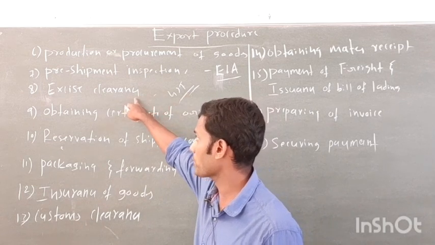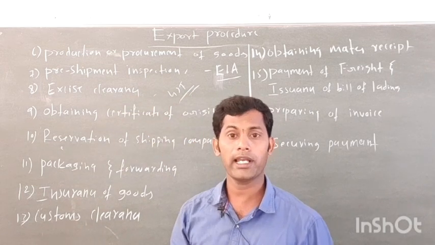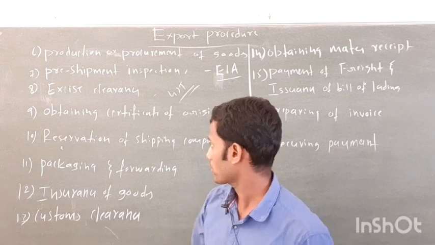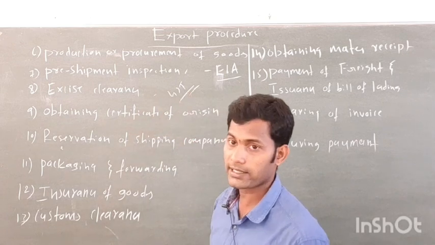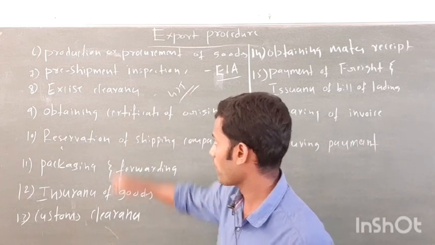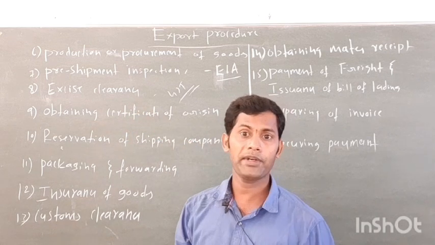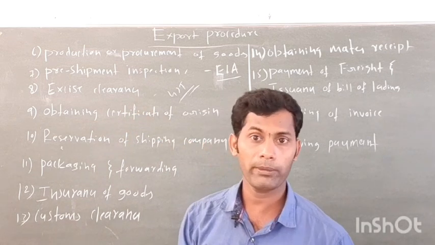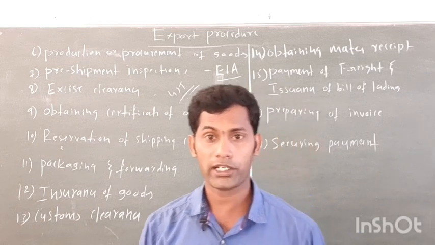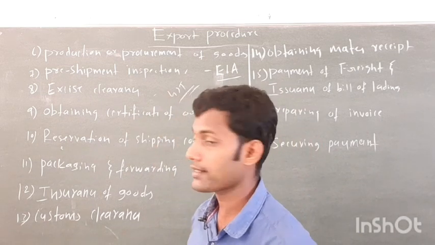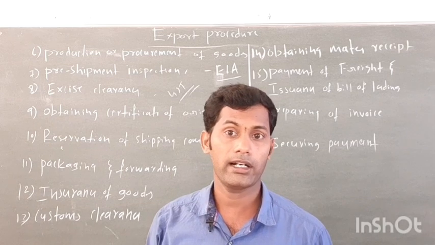So now we don't have the excise clearance. Earlier we had excise clearance, so now it's replaced by GST. Okay, that is the eighth one. Now what's the meaning of excise clearance? Earlier, the tax levied on the goods or raw materials which are used for production. That's what we call excise clearance, one of the indirect tax.